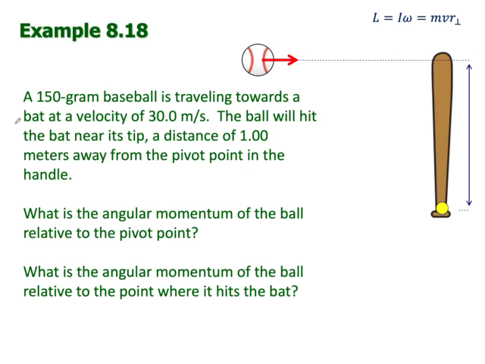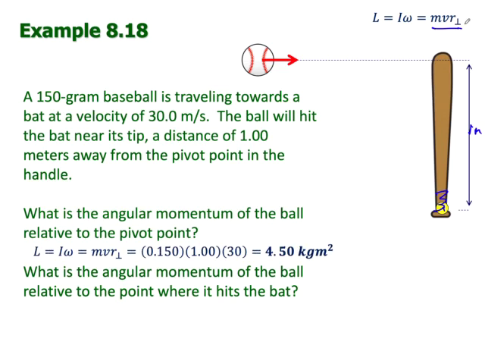So a couple quick sample problems. You've got a baseball and it's about to hit this bat. The bat is 1 meter long. This is the pivot point down here where you're holding it. Imagine the person's hand holding it right there. The question is, what's the angular momentum of the ball relative to this pivot point? So how do you solve that? I'm going to use just the specialized point mass equation. And if you plug it in, m, the mass of the baseball, 150 grams becomes this, times its velocity, is here, I actually reversed it, times the radius 1, gives us